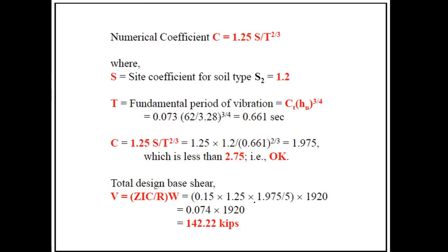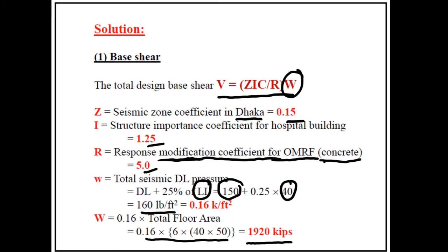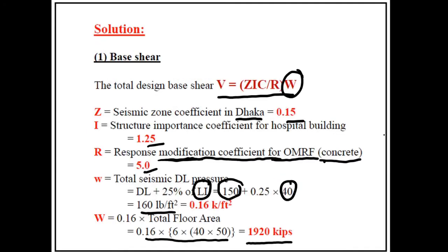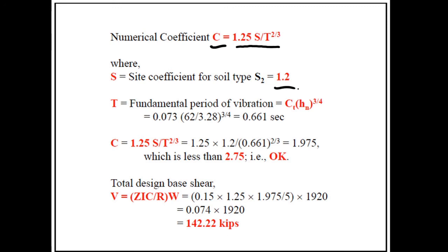Now, in order to calculate the moment numerical coefficient C, we know the formula for calculating C. So we need to know S and T first. Here the soil condition, or the site coefficient, is given for S2 condition. So taking the value of S2 as 1.2 and plugging it here, 1.2. And T will be calculated from the formula Ct Hn to the